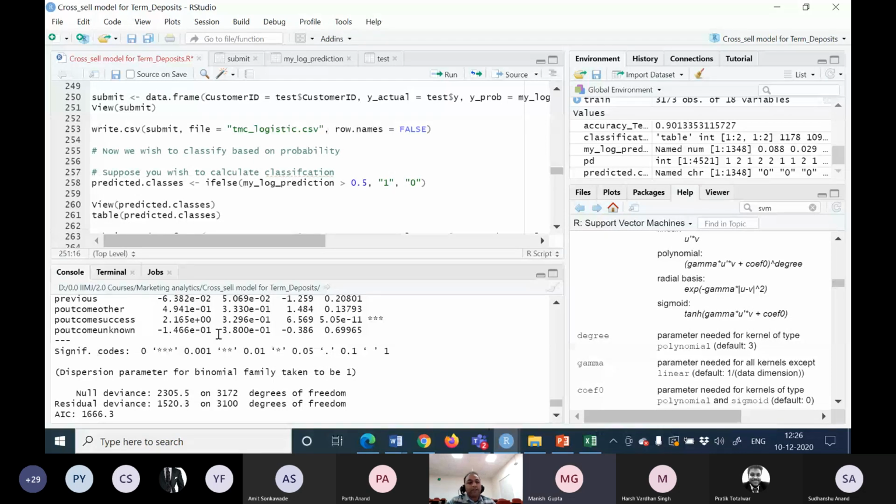Okay, yeah. So now the next, again, our final objective is to look at the accuracy. Now we will need y actual and y predicted or y underscore class to evaluate the accuracy of the model. Now, how do you evaluate the accuracy of a classification model? The first step,